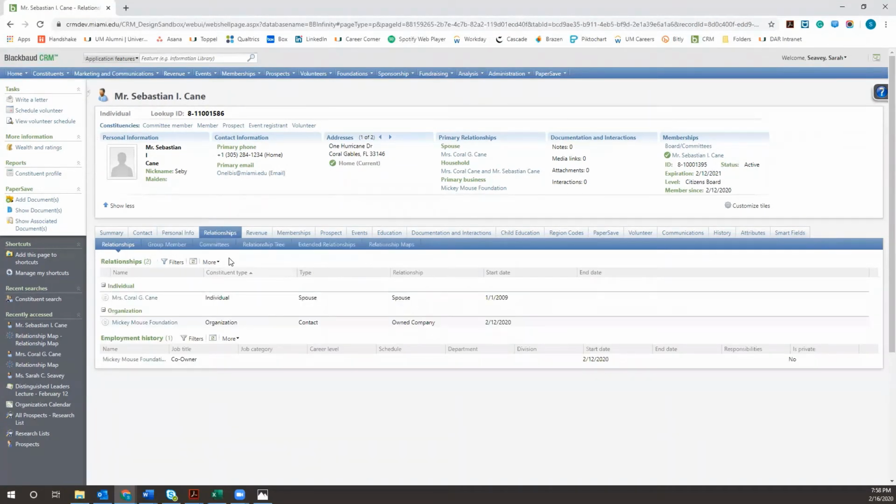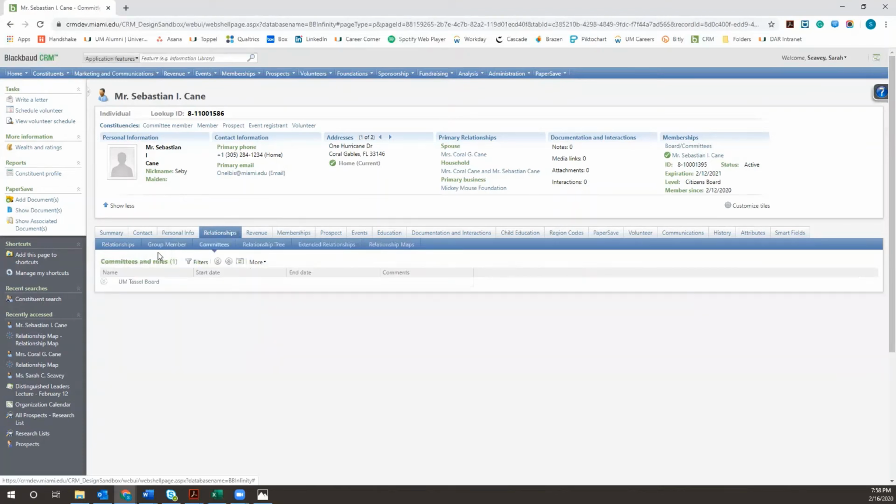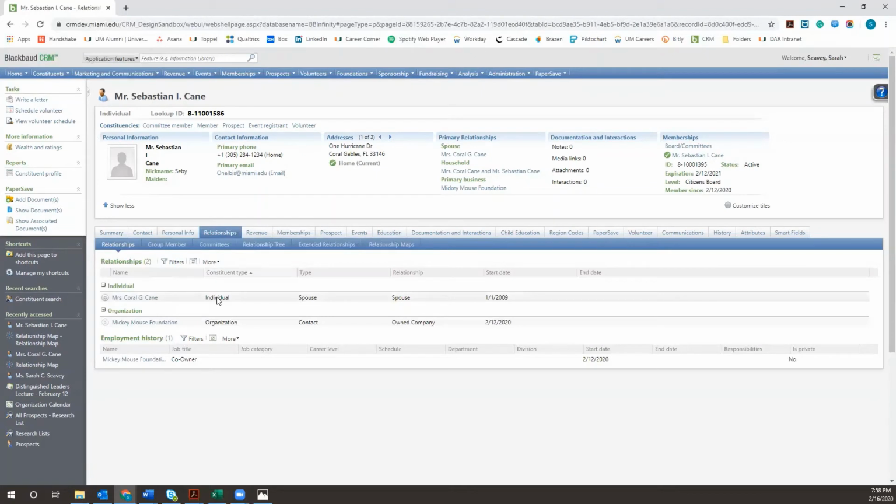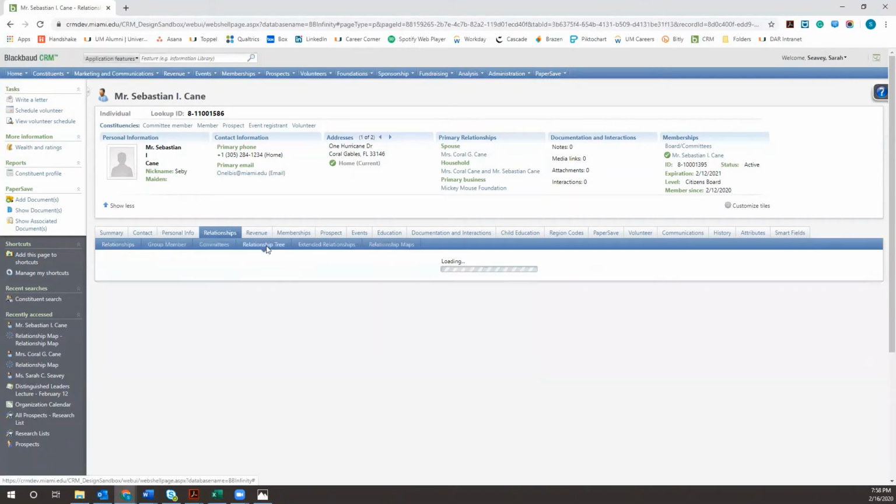The Relationship tab lists all entities in the system that are related to your constituent, either on a personal or business basis. Notice that the entities are separated depending on the type of relationship, in subtabs, such as groups or committees. In the relationships, you'll also find the type, as well as start and end date. One of the other subtabs is the relationship tree